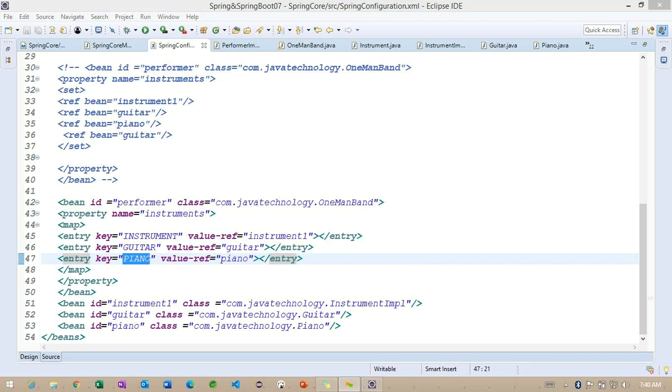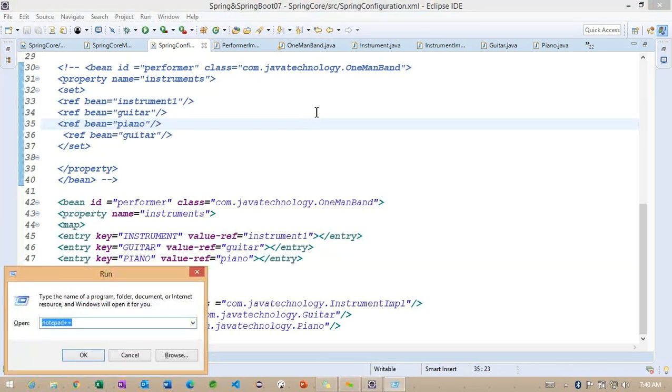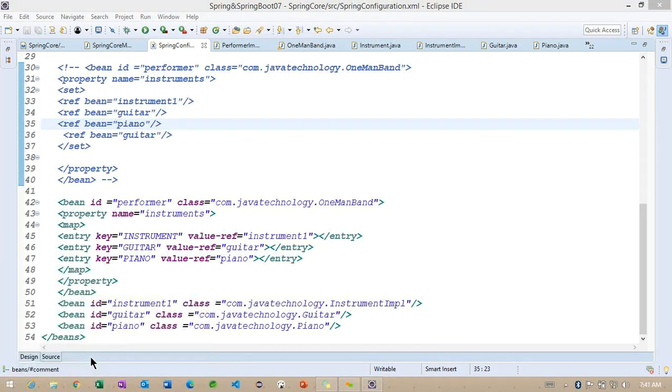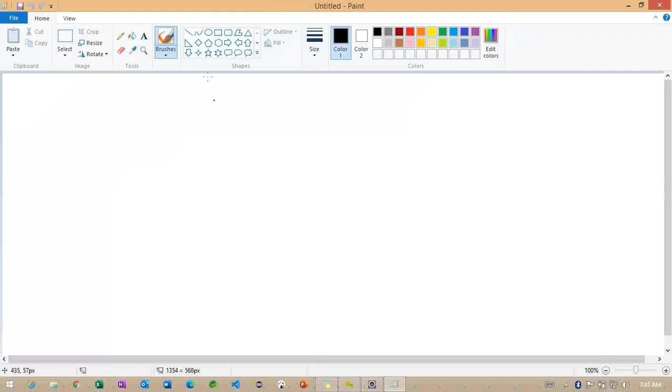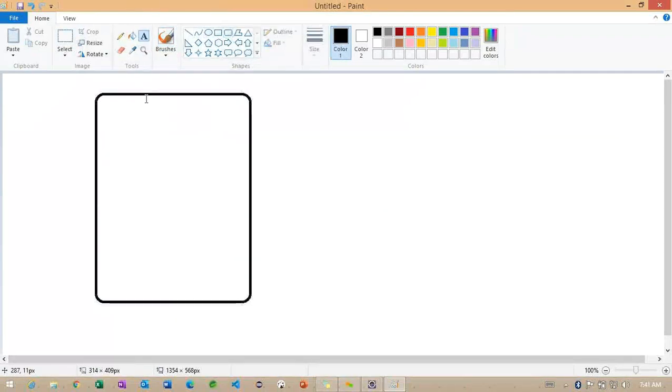So what types of autowiring are we going to have? To understand the types, we are going to have four types.